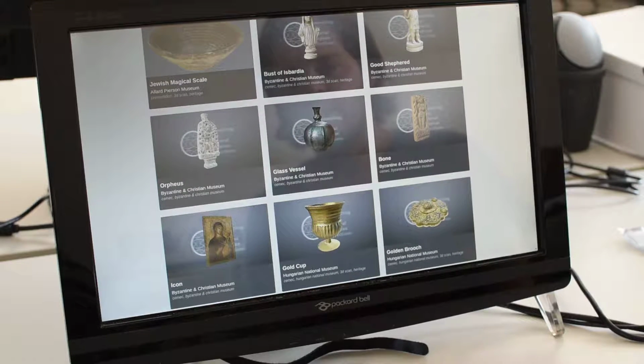Hi everybody. I'll show you some of the models we've been doing for CEMEC, Connecting Early Medieval European Collections. It's an EU-funded project started by the Allard Pierson in cooperation with 6 other European museums. And we've been traveling around Europe to digitize objects for this museum exposition that will be showcased next year in